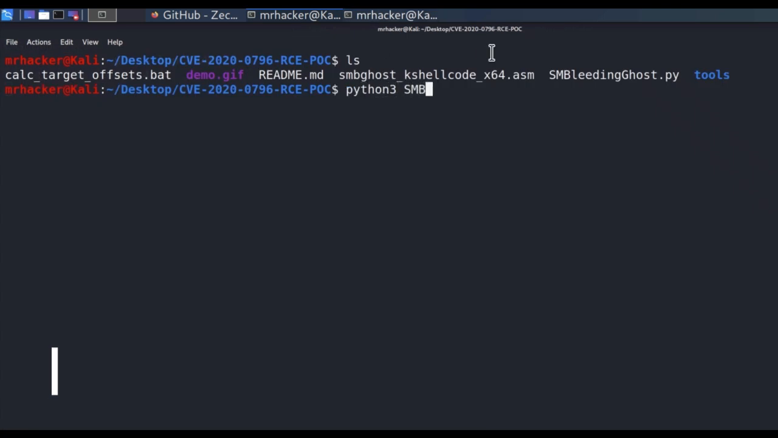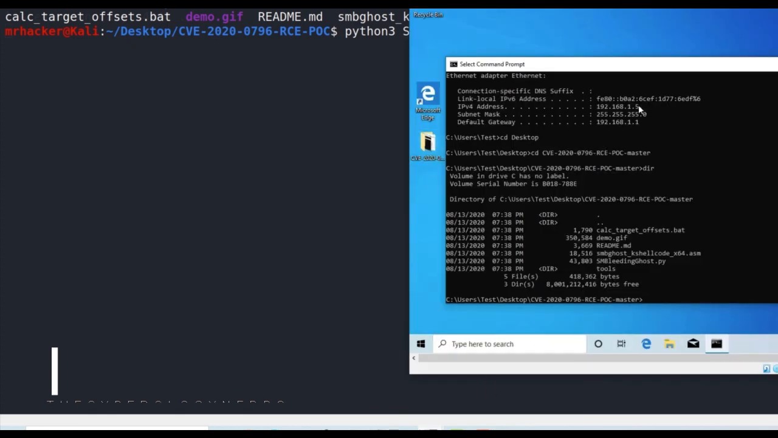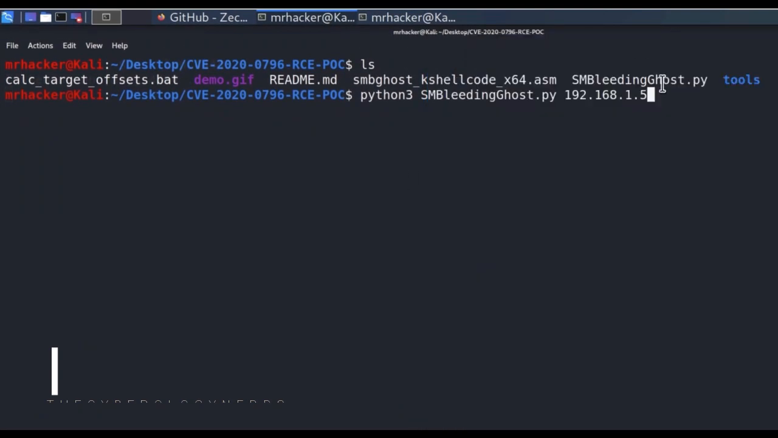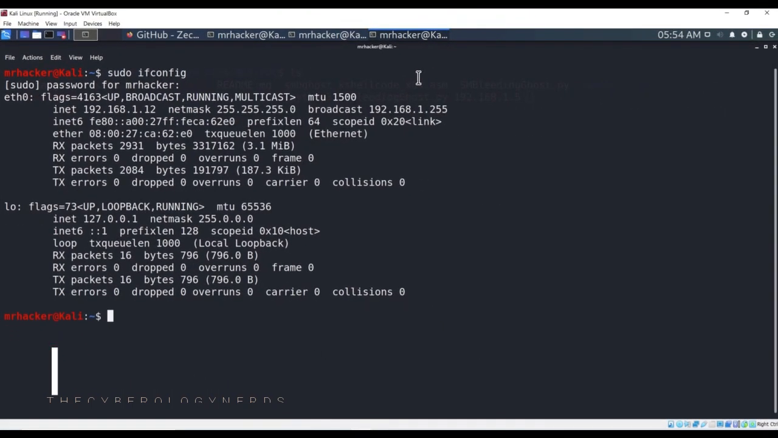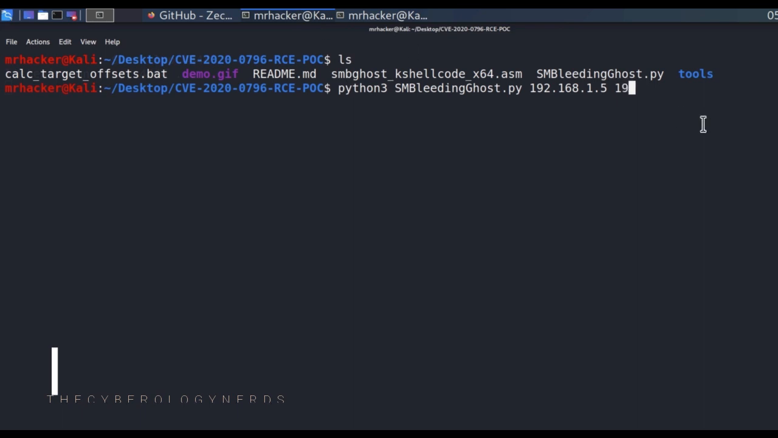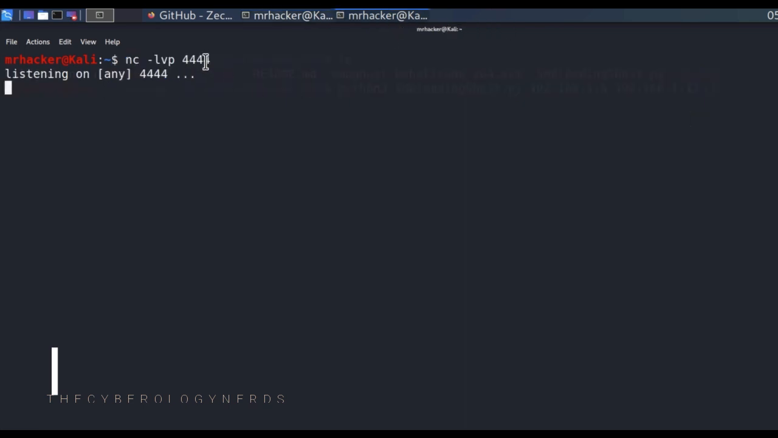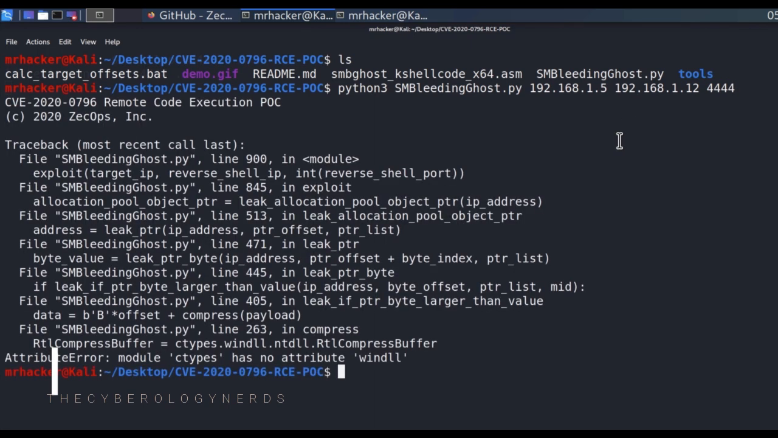We're going to use Python 3, SMBGhost.py, then comes the target's IP address, which is in my case 192.168.1.5, as it says right here. Then comes the IP address of my Kali Linux machine, and I'm going to check it out inside of a third terminal real quick. It is .1.12. So let's type it right here, and the last step is to specify the port number that we're listening on, and in our case, that is the port 4444. If I press enter,